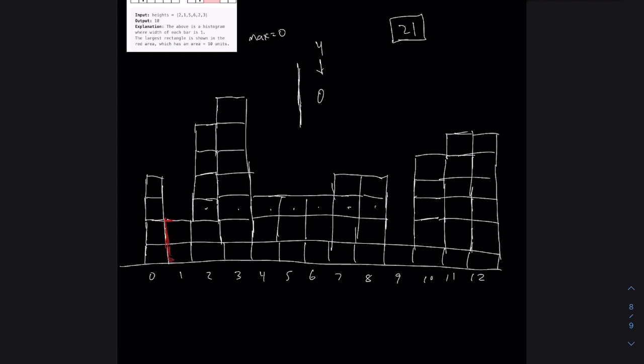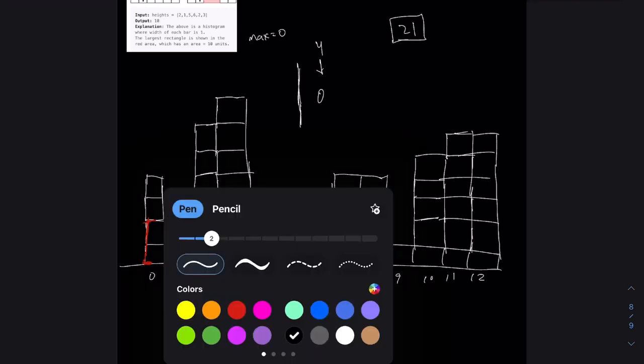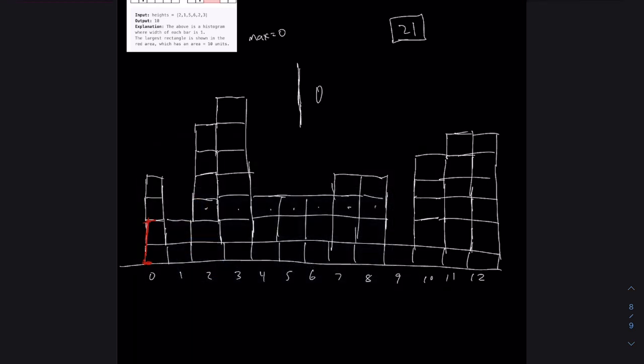But because we know that height at 1 is less than height at 0, we can actually automatically just extend it all the way over here, right? So what we're actually going to do is something kind of unintuitive. Instead of, say, remove 0 and add 1, we're going to remove 0,